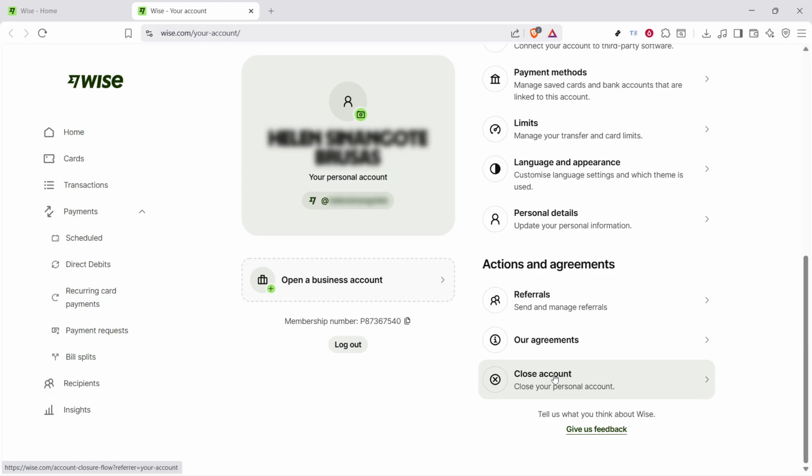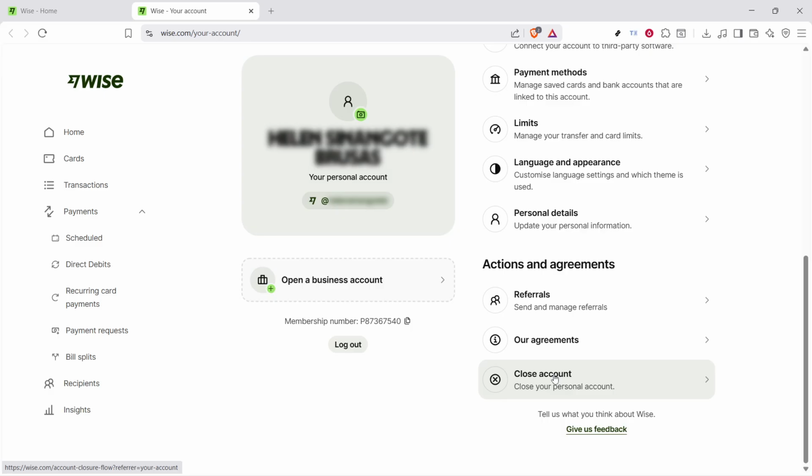Depending on the version of the site you see, Wise may show additional information, warnings, or confirmation screens before the account is fully closed. Read each screen carefully so you understand the result of this action. As you go through this step, pay close attention to any notices about remaining balances, pending transfers, or unresolved activity. Services like Wise often require your account to be in good standing before it can be closed completely. If you see any messages asking you to review account details, simply follow the on-screen guidance until the closure can